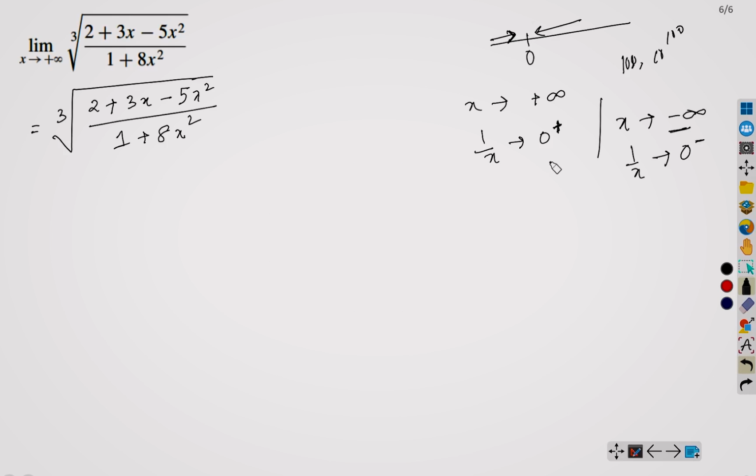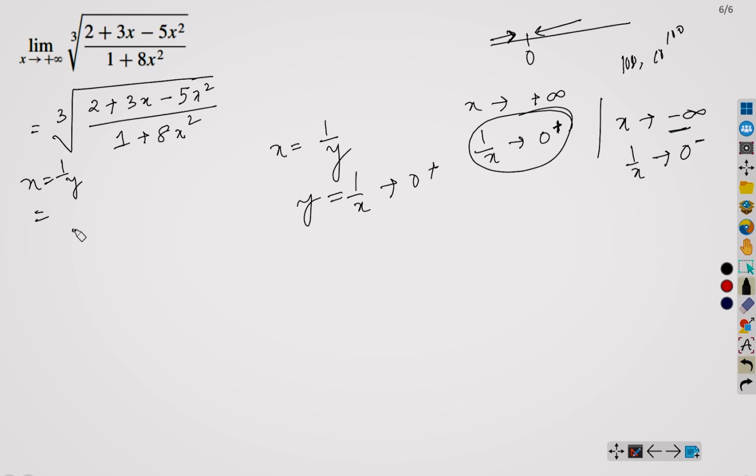So here if we choose x equals 1 by y, we will substitute this value because we want this expression. We want the limit to tend to 0. Then it would be easier for us to evaluate the solution. So if x tends to plus infinity, then y equals 1 by x tends to 0 plus. So what we are going to do, we will substitute here x equals 1 by y, and let's see